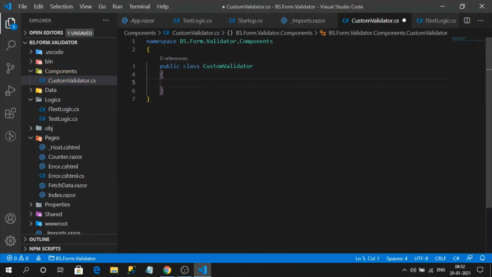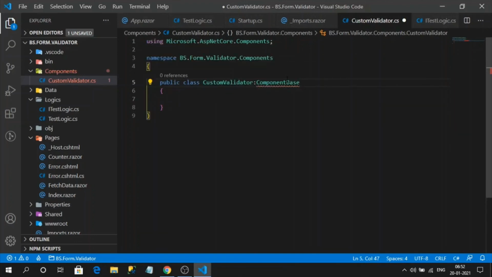A custom validator. So now to make this custom validator class a component, we need to inherit a class like ComponentBase. So now this class is a Blazor component. Now here we need to write our logic to store the error messages that will be added on validating our form data against the database value. So here we need to create one important variable like private